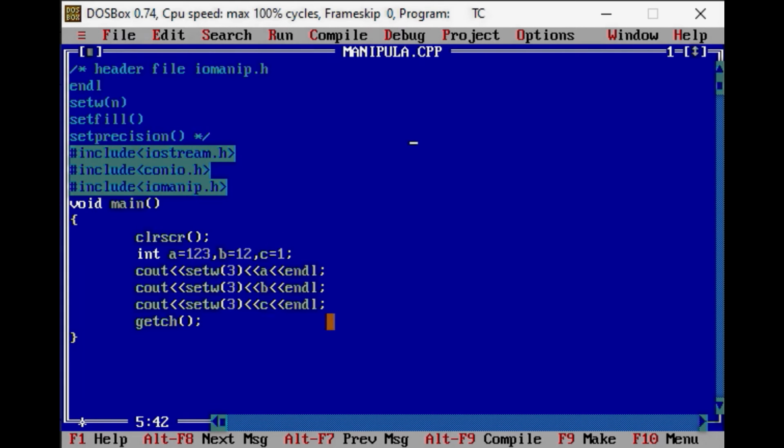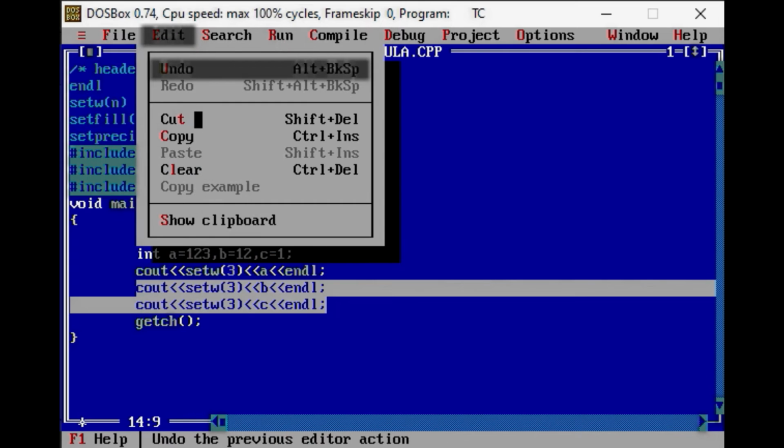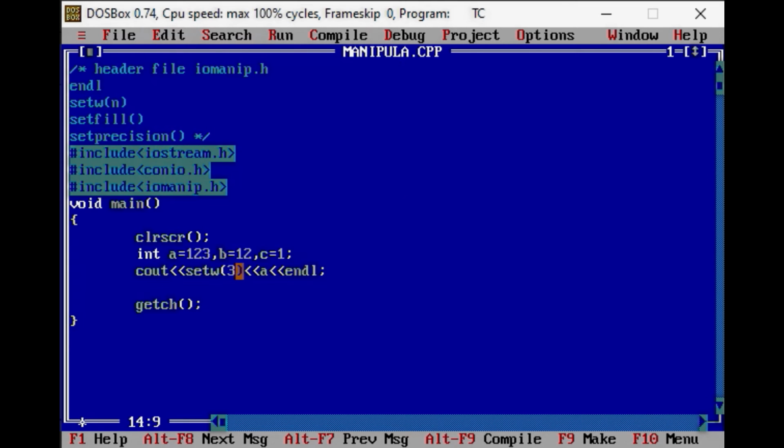After that, now I am going to remove these 2 statements. Now, along with setw, I am going to use another manipulator, that is setfill.